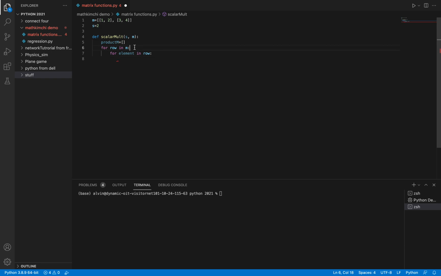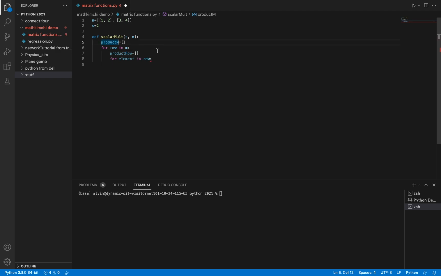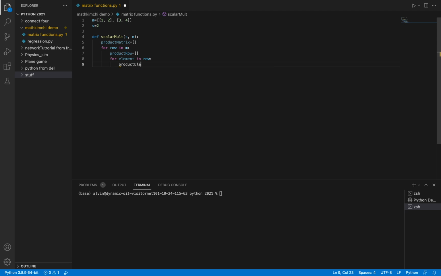And actually, I'm just gonna create a product row, which is going to be an empty list, and I'm just gonna rename product m to product matrix. And so for every element in row, product element will just be equal to element times s,